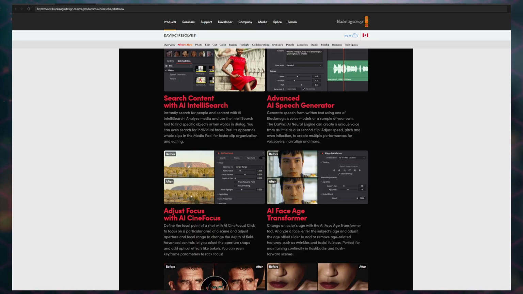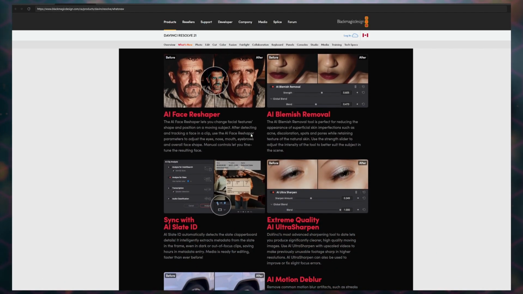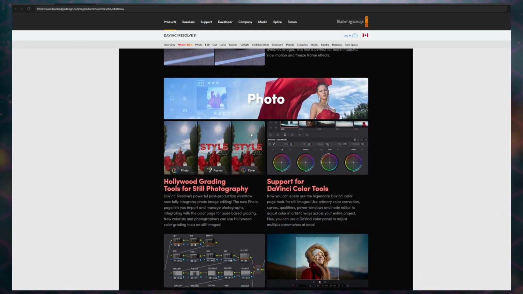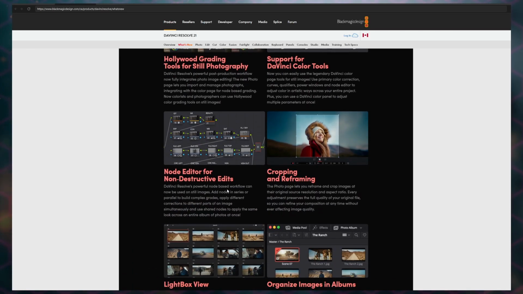My button isn't buttoning. So, as you can see, a bunch of AI things. But they have new photo modes. They still have their very high-end color grading thing. This is what DaVinci Resolve was originally built on before they made it a video editor and everything. It was the best color grading software you could probably get. But now they made a new fancy node editor. You can crop and